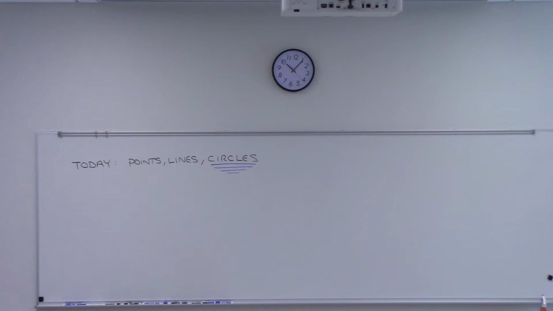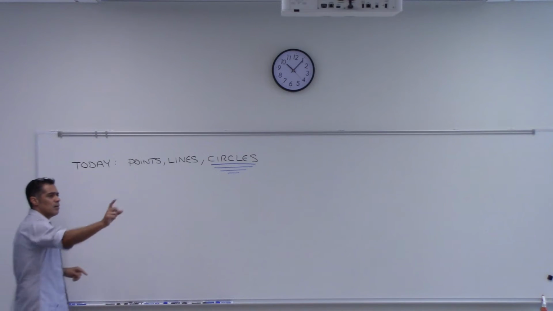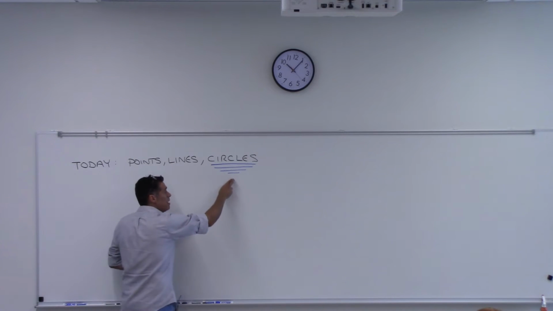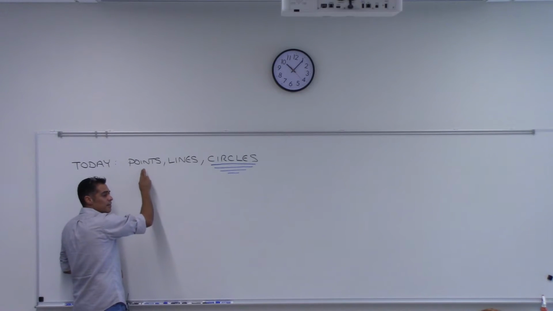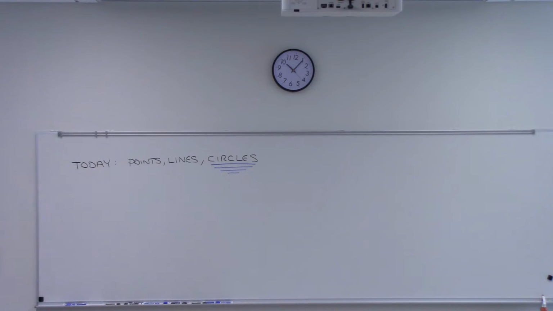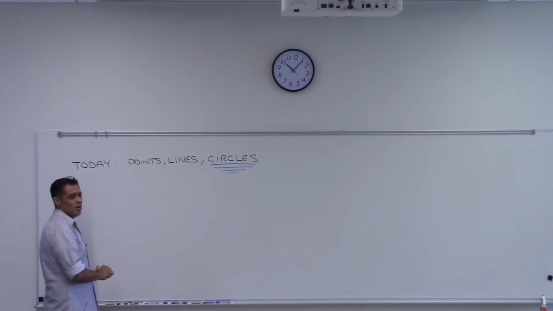We're going to cover points, lines, and circles today. If you look at our calendar, Tuesday, August 30th, we're supposed to talk about circles, but I'm going to take some time to review a couple of concepts from points and lines that will benefit you the rest of the way through the class and then into Cal 1. And then we get into circles. I think you will be relieved a little bit that this is not partial fraction decomposition anymore. I think you're going to feel like this is a little bit easier to swallow, which is good, okay?